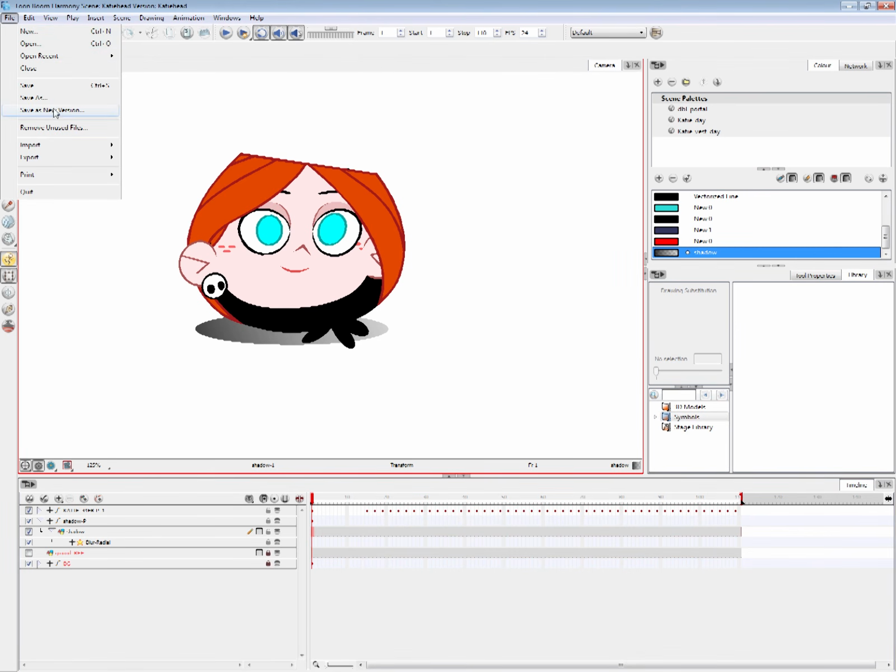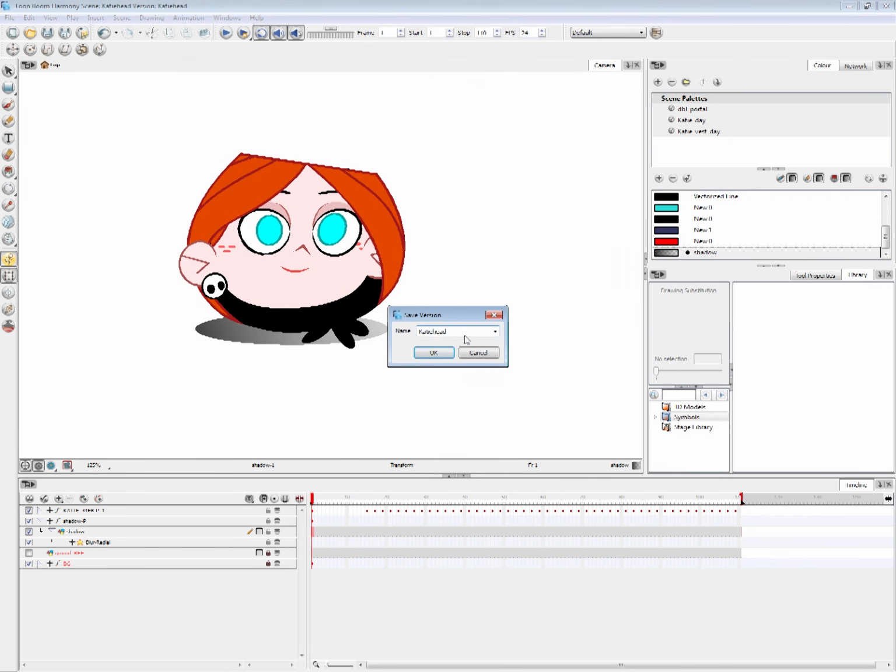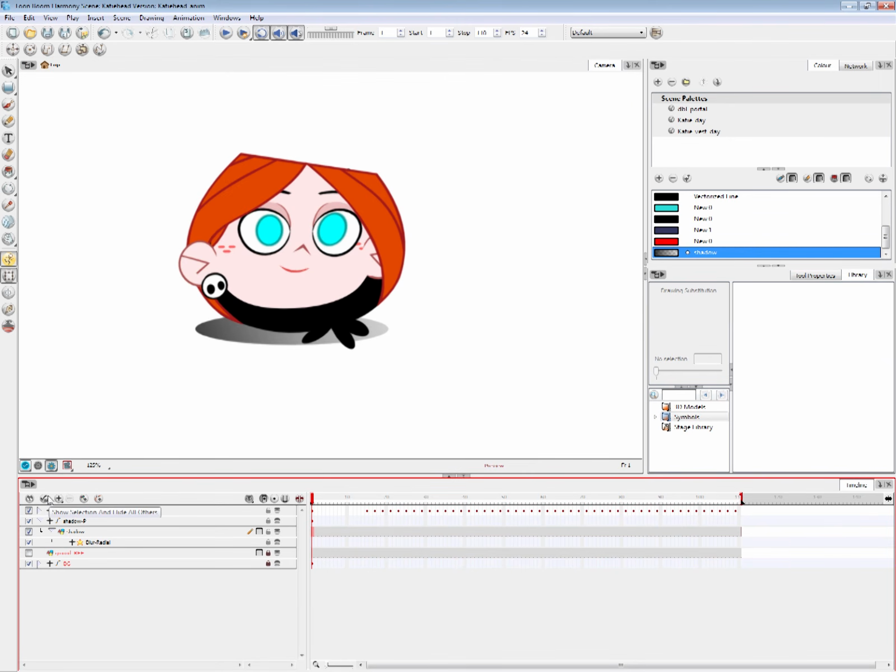First thing, let's save. Let's save as new version, KDHead_anim, for that we have animated. Always save before you render something, because whenever you render a frame, there's always a good chance of a crash since it uses a lot of the CPU. If you can see, it is blurred, but not by much.